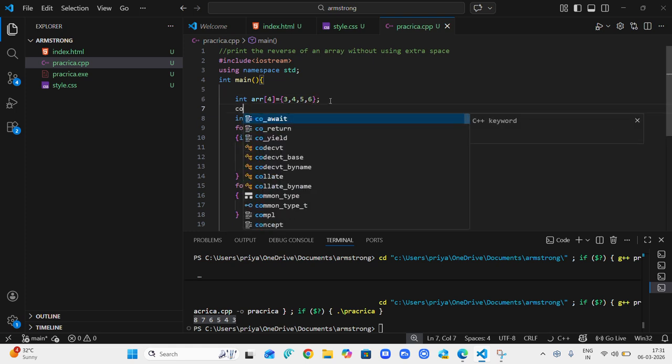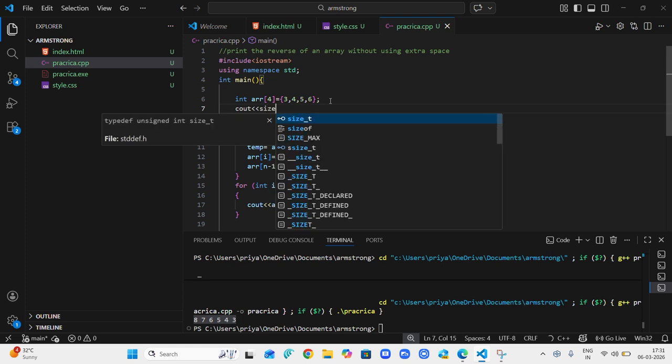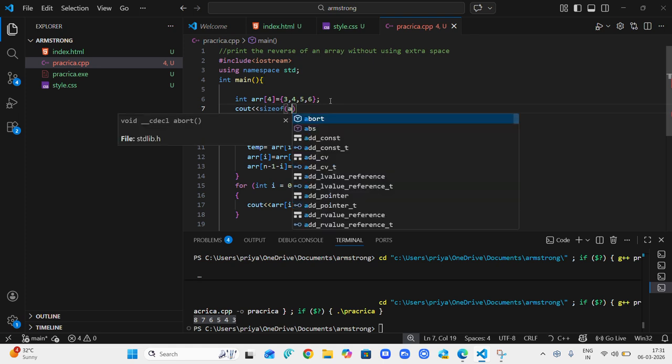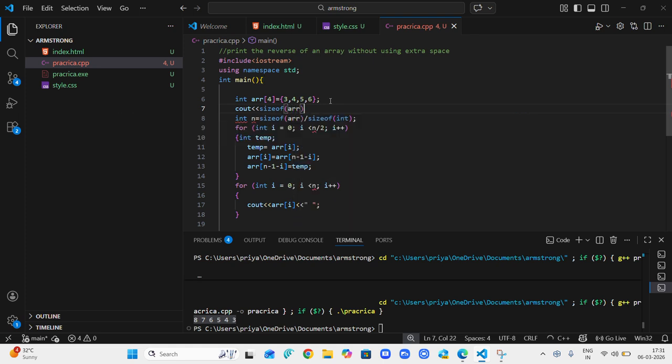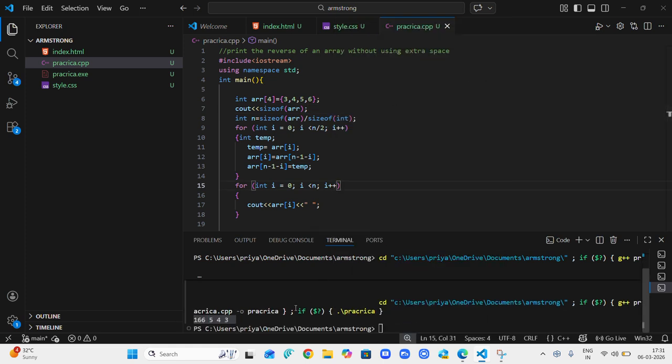Let me show you. If I print cout size of array, what would be there? 16. Look at this number 16.